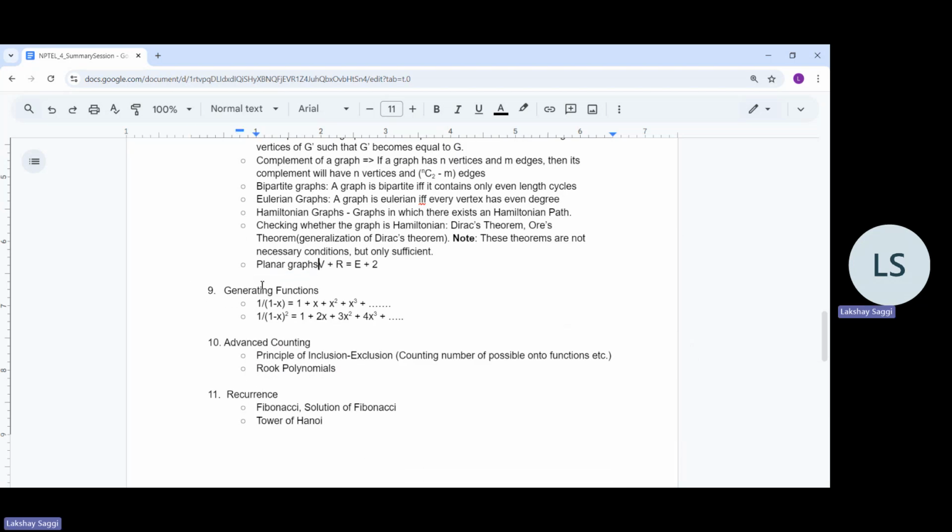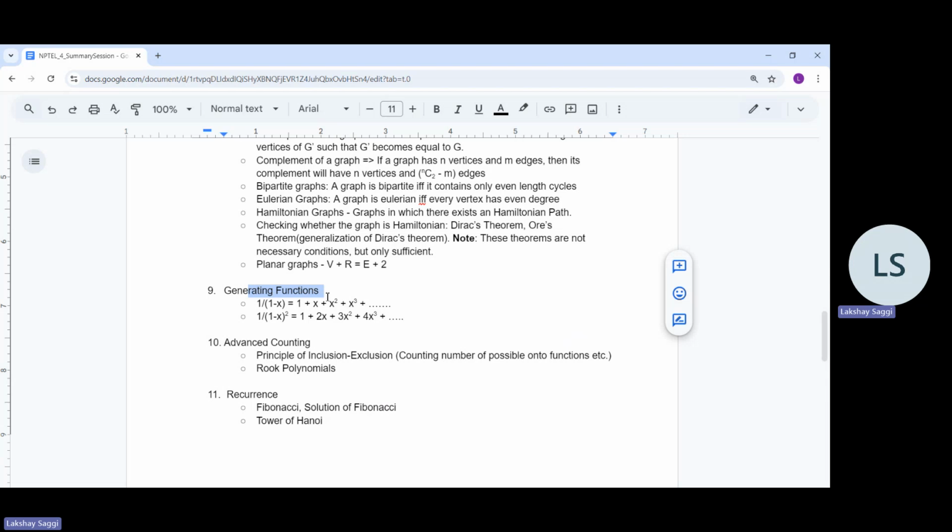So maybe I should put it like this. Otherwise, it might get confusing that this is for general graphs, but there is no concept of regions in general graphs. And then in the ninth week, we discussed what generating functions are,